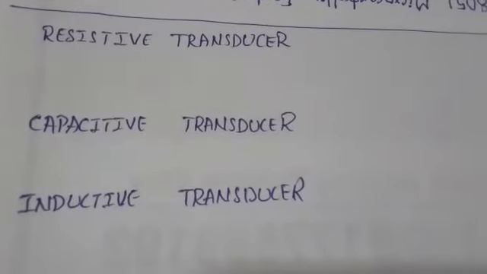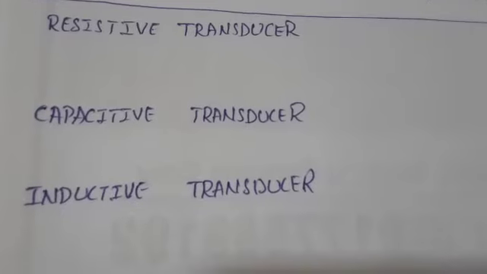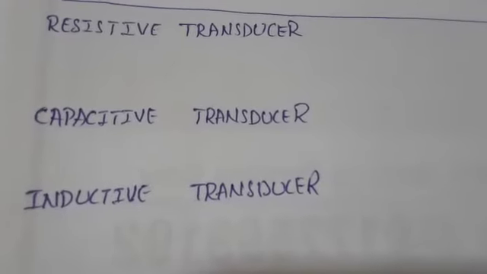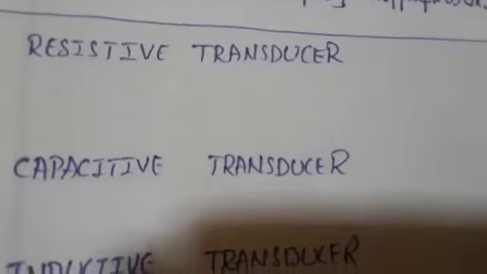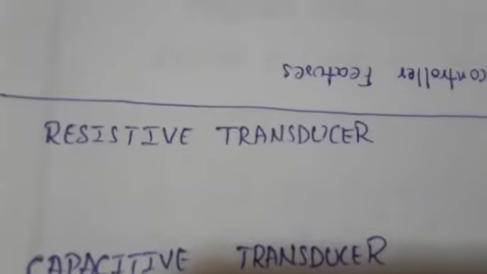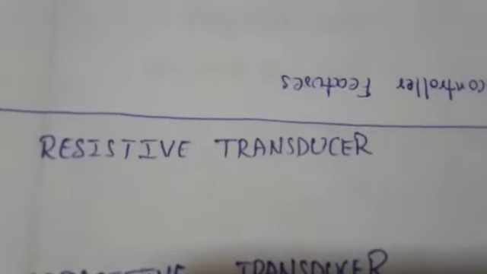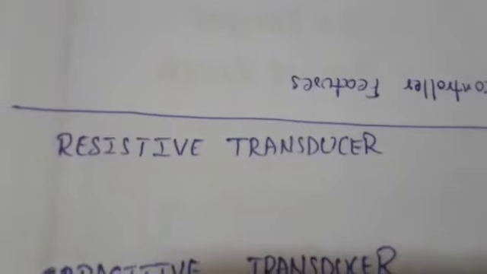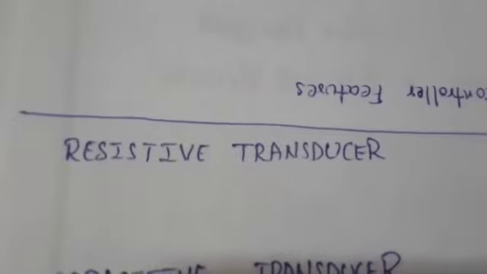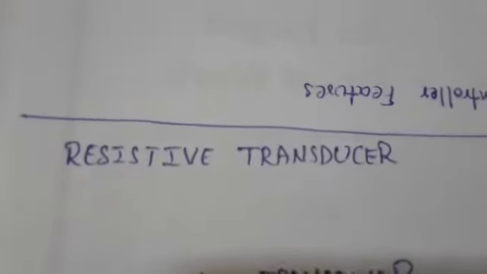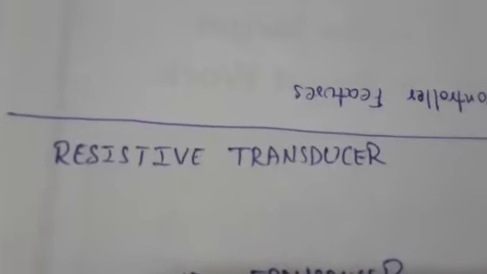So particularly we have three types of transducers: resistive, capacitive, and inductive transducers. These are the contact type transducers. Coming to the resistive transducer, it is one in which the resistance changes due to a change in some physical phenomenon. It can work as both a primary as well as a secondary transducer,